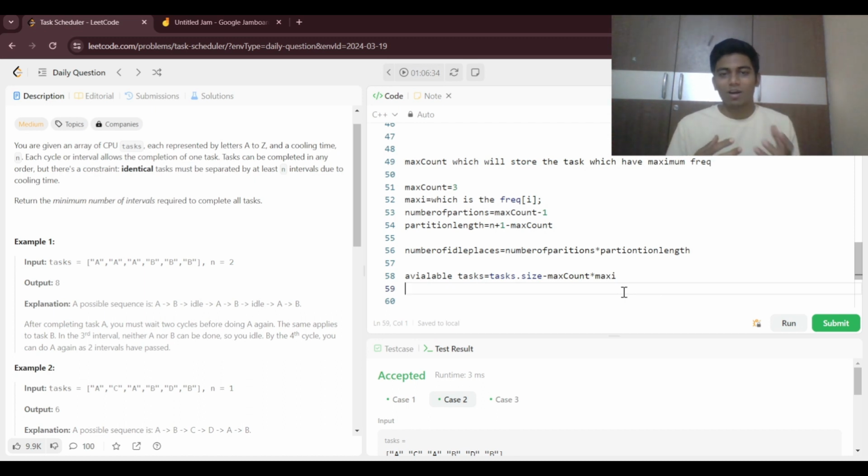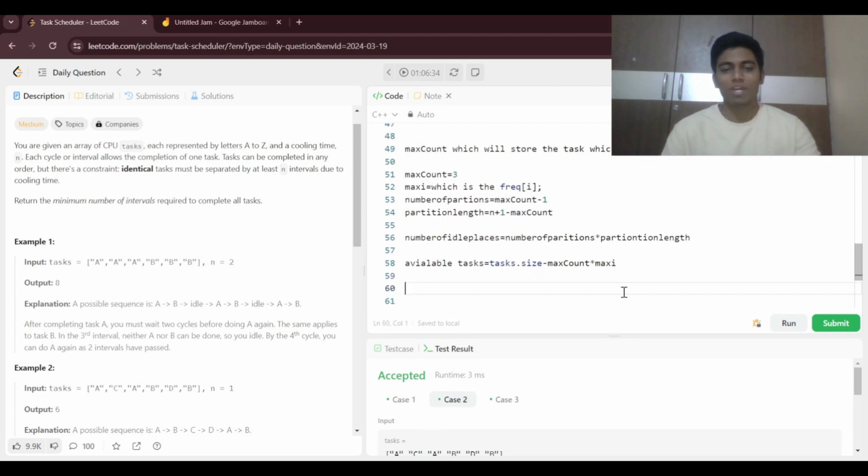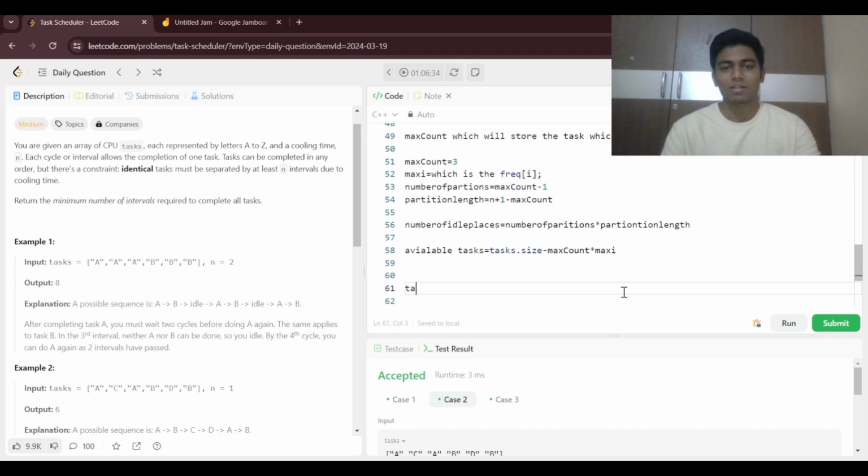So in this idle places, we are going to place these available tasks into the number of idle places, and whatever idle places are left, that means these need to be left idle itself. We cannot reduce those idle places, and whatever available tasks are used, those will be used in task dot size only. So we are going to return the answer as tasks dot size plus the idle places,